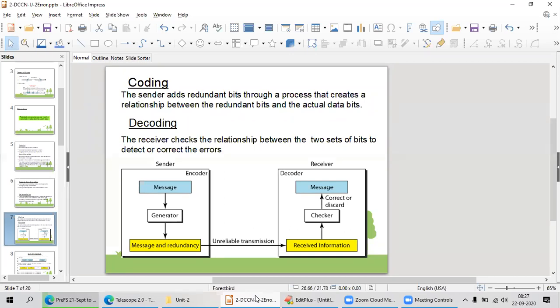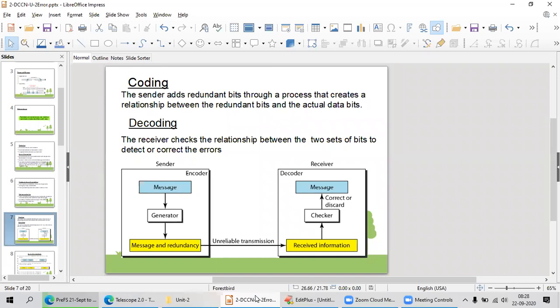Redundancy means you are adding some extra bits to my actual message. I will transfer the message and redundant bits over the unreliable transmission to the receiver. The receiver knows the checking process beforehand, so he will remove all the zeros.